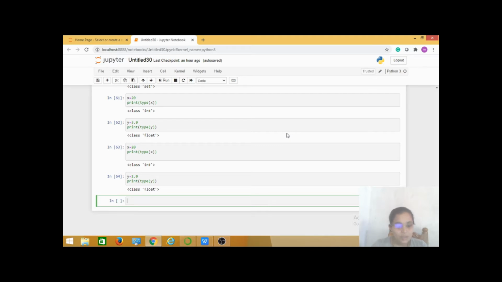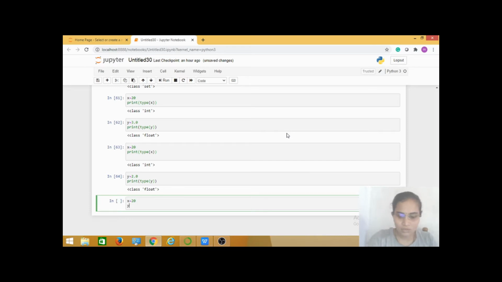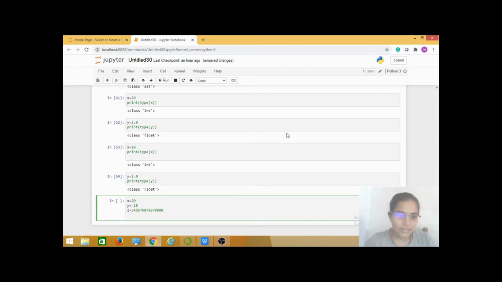For example, here I am taking x equal to 20 and y equal to minus 20, and z equal to some large number, and let's see what type of data these variables contain.